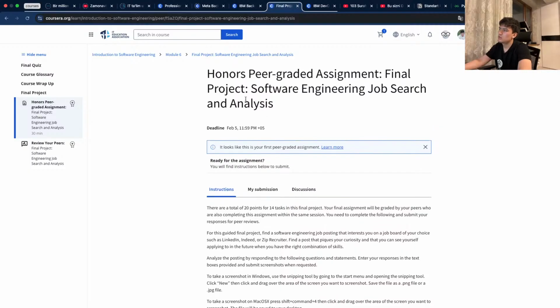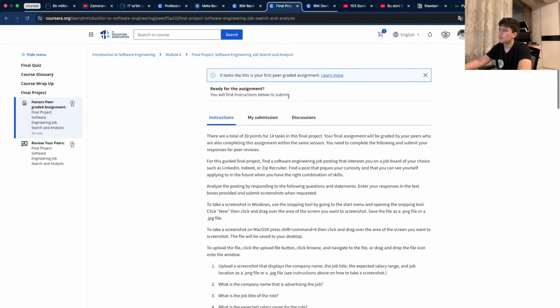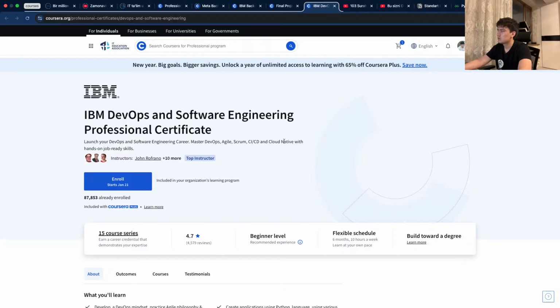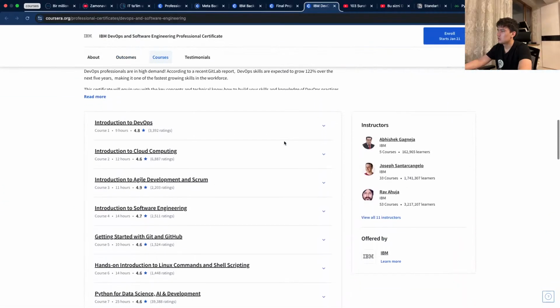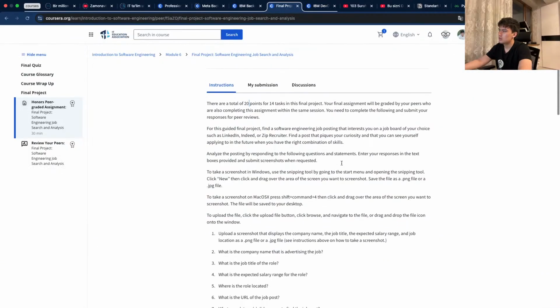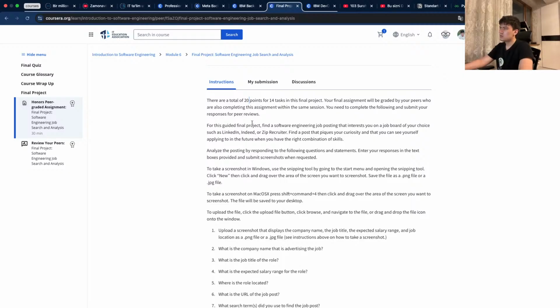Your final project qilishim kerak ekan. Software engineer job search and analysis steps. Qanaqa job search analysis qilishim kerak ekan. There are total 20 points for onto the task uchun 20 points beriladi. In the final project, your final assignment will be graded by your peers who are also completing this assignment within the same session.